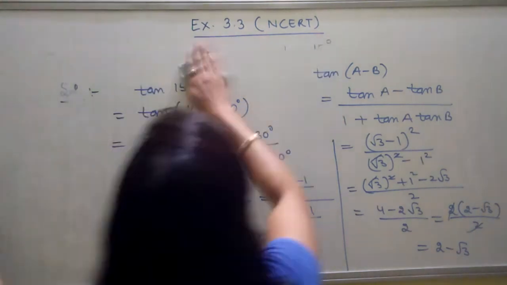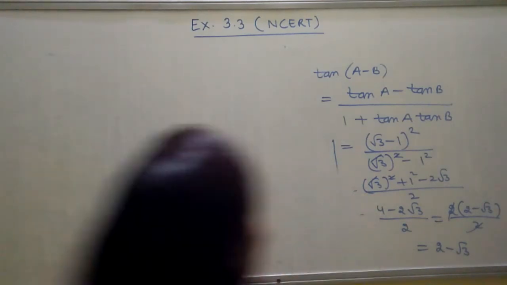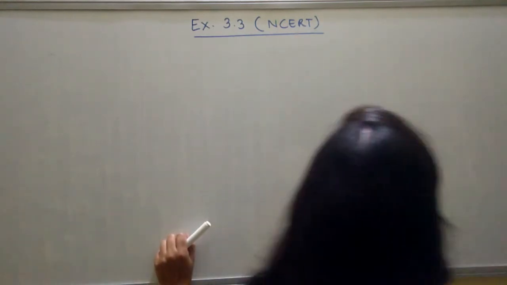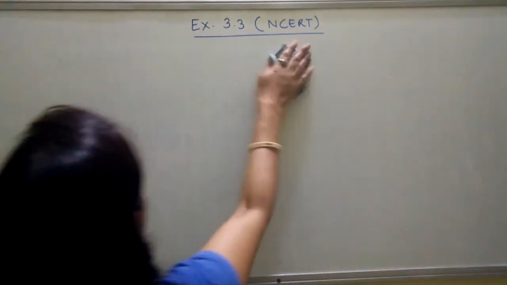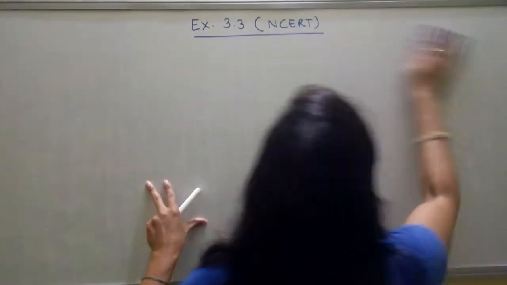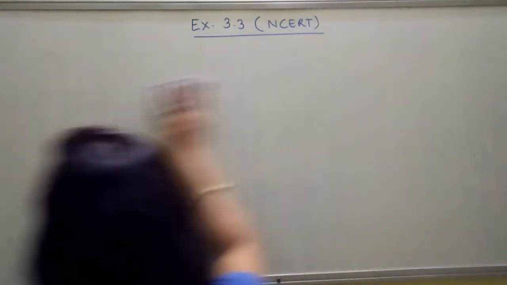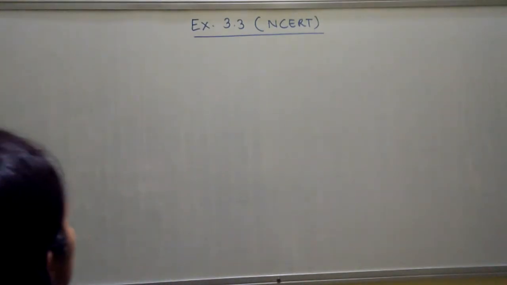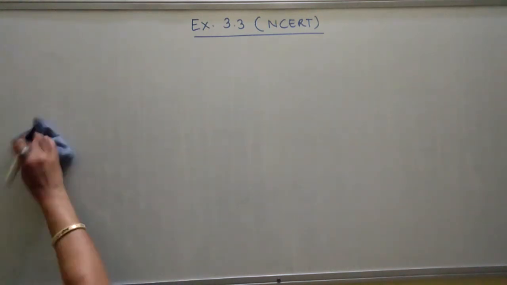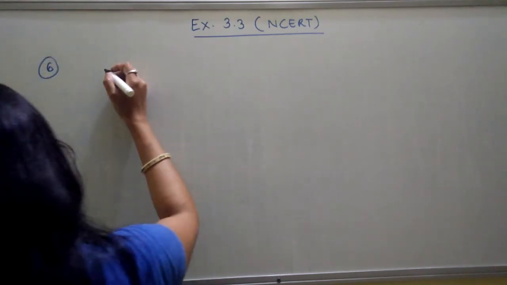Now come to question number 6. In question number 6, you just have to apply the identities, nothing else in the exercise. This is a very easy exercise. Before doing the exercise, you should know the identities. You should learn the identities, and after that you can solve each question, only with some guidance. This is the guidance I give to all of you. Question number 6 is very simple. What is the 6th question? Prove the following.